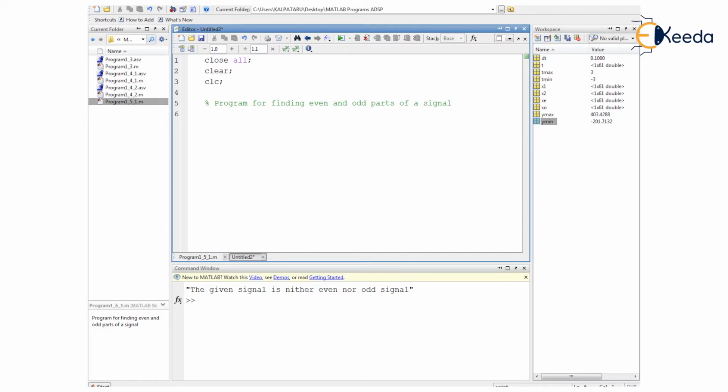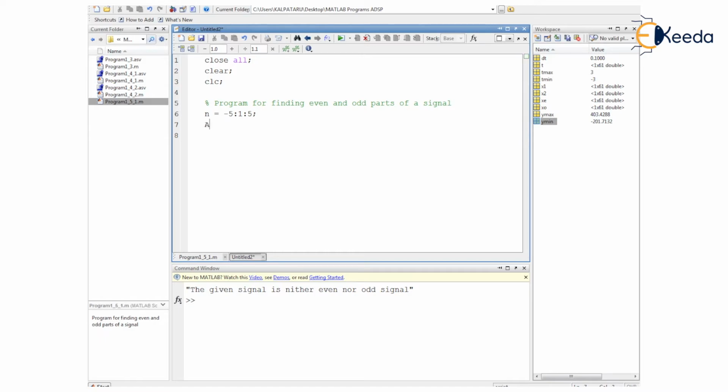Okay, now here we shall be requiring the time parameter in the discrete domain that we usually denote with the help of small n as a letter. Let us limit the range from -5 to +5 with 1 unit interval in the adjacent values. So I just define small n is equal to -5 colon 1 colon 5. So from -5 to +5 we have the value of the discrete time variable.